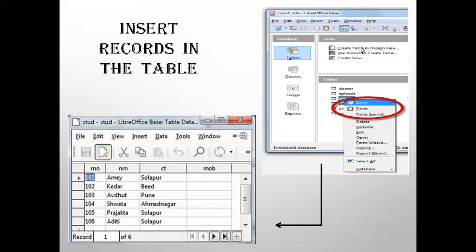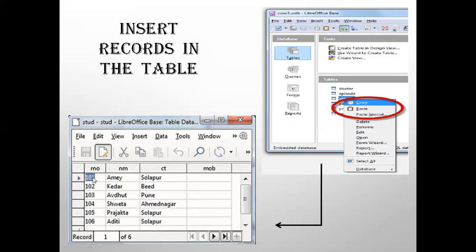Here you have clicked, all the windows came, you filled all the data in the structure, defined properties, and then you save the table. The table name will be appearing here. Here you can right click and open, and then you get a window like this. So all the field names will be coming in the columns, and here you will get rows. So this will all be empty first.